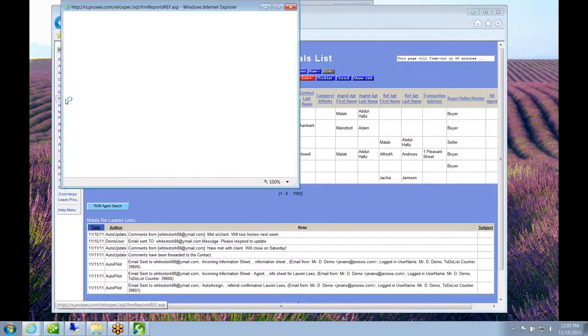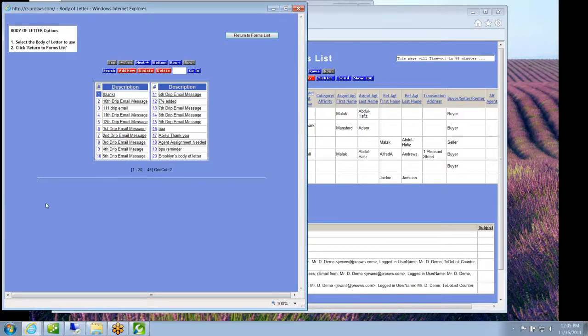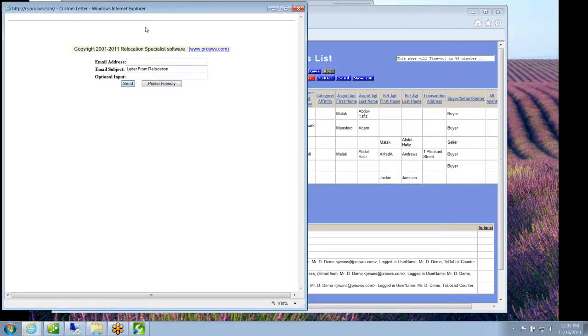So if we click Forms, you'll see that we have a link here, look up the body of letter. Now, if we were to do this manually, we would select the body of letter that we want to use, go back to the Forms list, and select the form we want to use. In this case, it's custom letter blank. Okay. Now, if I use custom letter blank, you'll see that right now there's nothing up here in the body